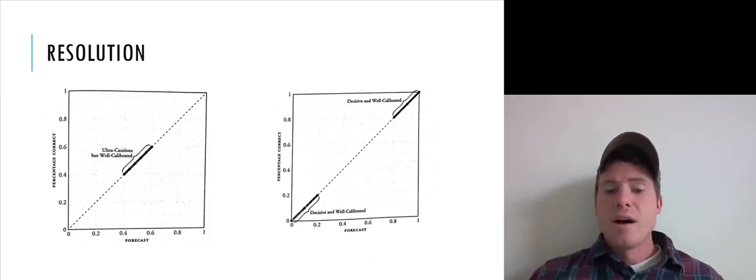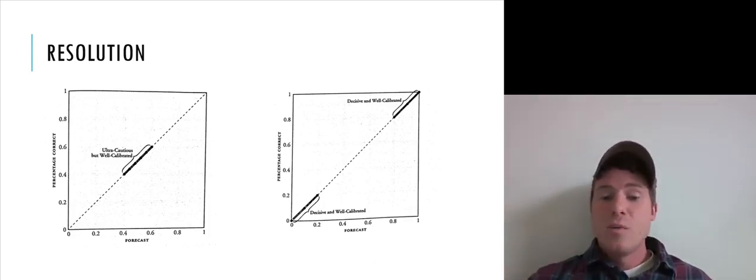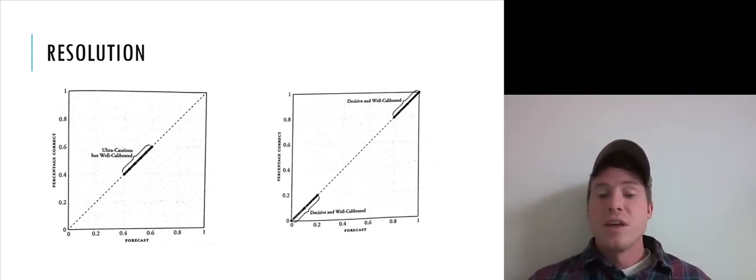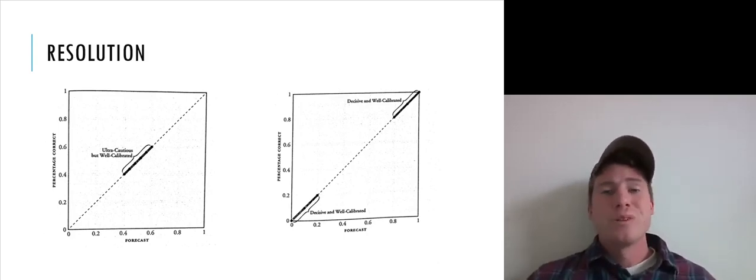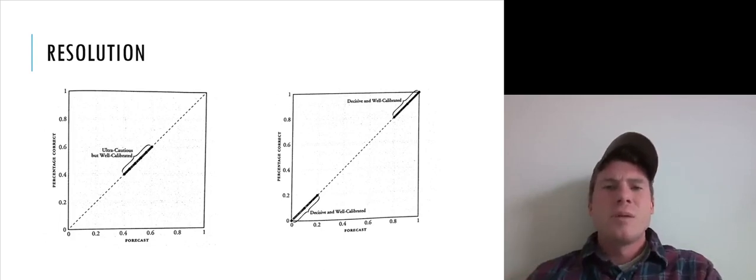So again, there are some graphs we can take from the Tetlock book that illustrate this fairly well. We can see in the graph on the left side of the slide an agent who is well-calibrated but not very resolute, right? They only ever assign forecasts between 0.4 and 0.6, and indeed, the ones they assign 0.4 to turn out to be true about 40% of the time. The ones they assign 0.6 to turn out to be true about 60% of the time. So they're well-calibrated, but they're not good at separating out false propositions from true propositions,